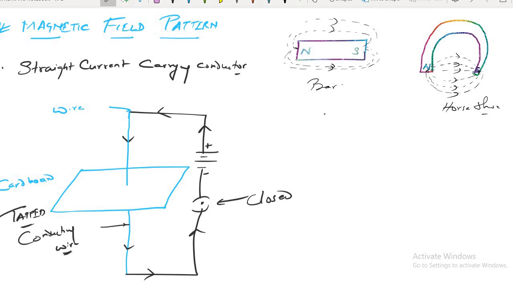So, what will happen? The iron crucibles will align themselves. Whenever I tap this board, what will happen? These iron pieces, or the iron dust powder, will align themselves in a circular fashion. Understood? Is that clear to all of you? These iron pieces will align themselves in a circular fashion. Yes, sir. Okay, that's good.